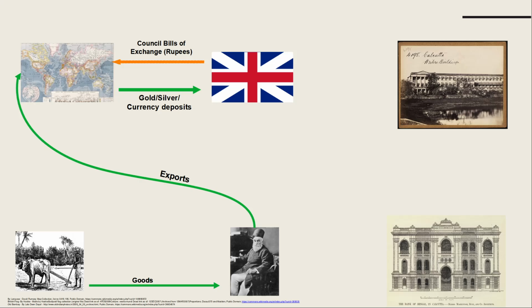And then what the importer would do is, once he had the Council Bill of Exchange, either via telegraph or by post, he would send it to the dalal, Jamshedji in this case. And this would be payment in Council bills. Now what Jamshedji would do was go to the nearest exchange bank and cash the Council bills with the exchange bank in India.